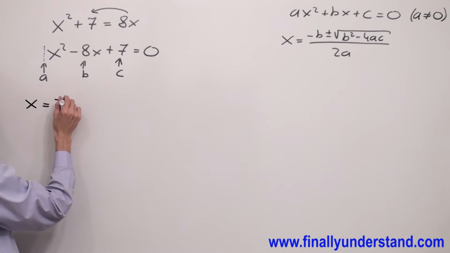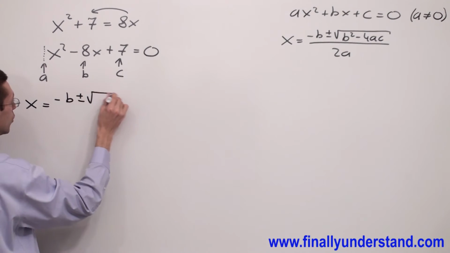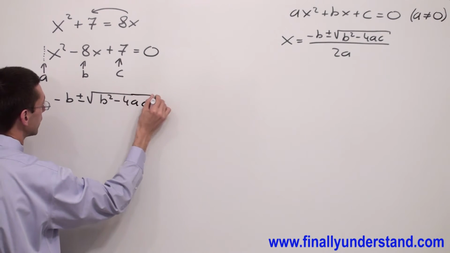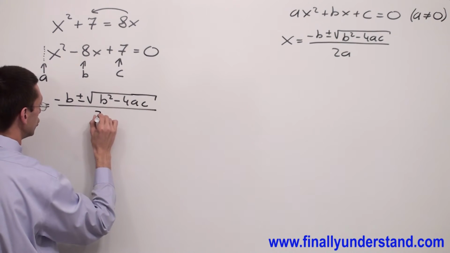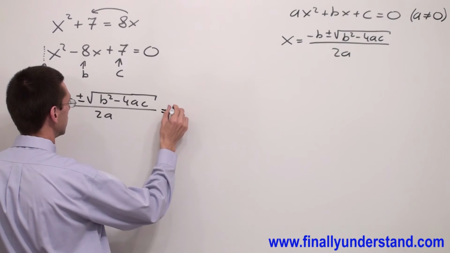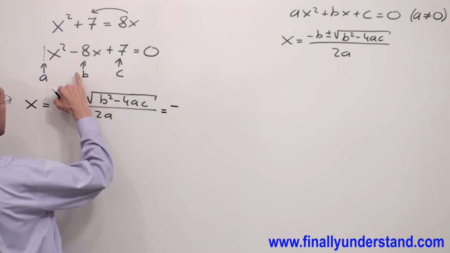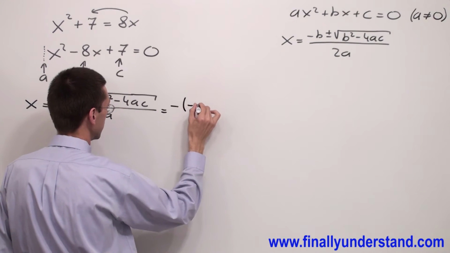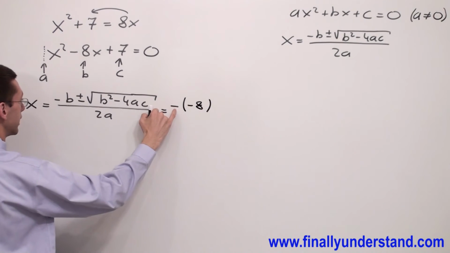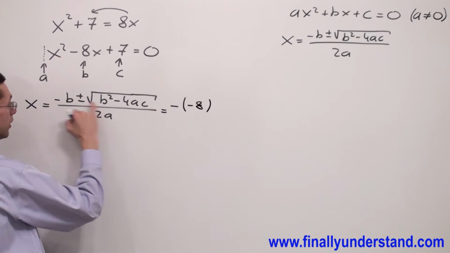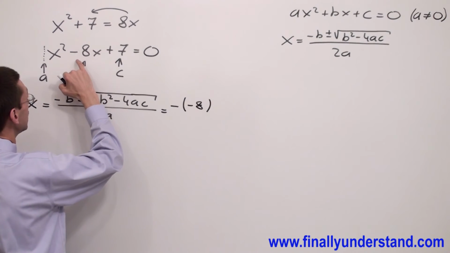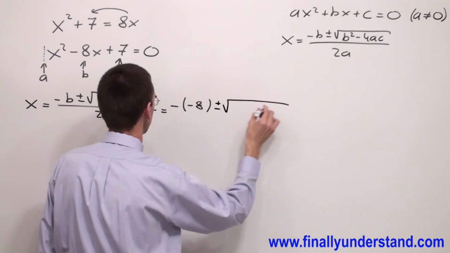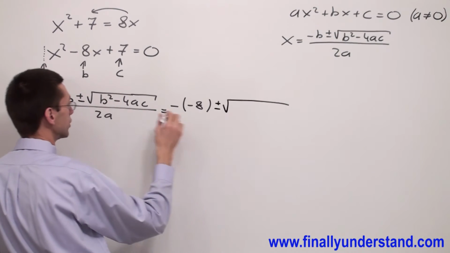x is equal to minus b plus or minus the square root of b squared minus 4ac, over 2a, is equal to negative, and I have b, negative 8. I'm supposed to write parentheses around negative 8 because this negative comes from the formula and this negative comes from the equation. Plus or minus the square root, and I have b squared, which is negative 8